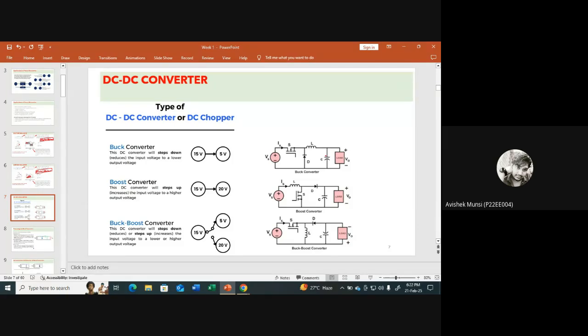So if you see, there is a pattern over here, the switch, diode, and inductor combination. See, here also this combination is there. Here also it is there. Okay. So if we consider this as a canonical structure,